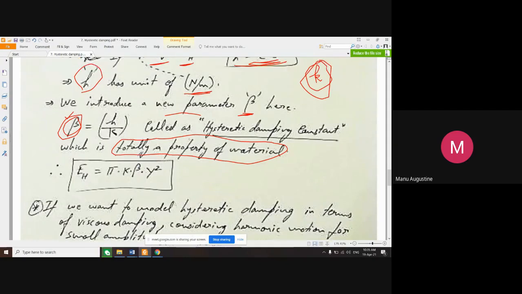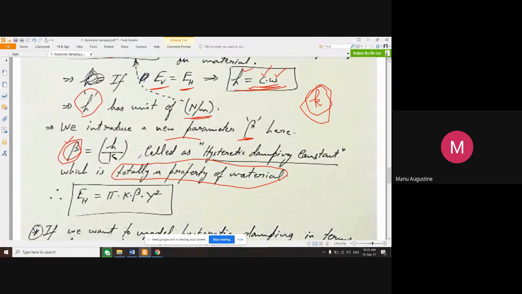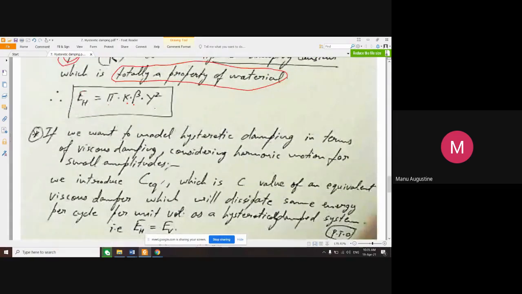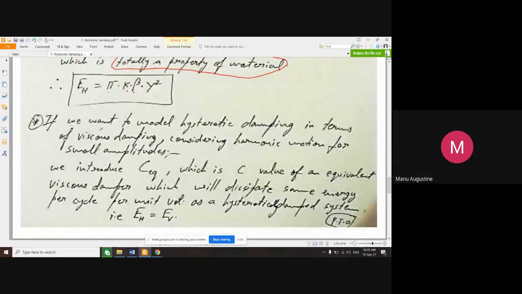Once again, I leave this logical extrapolation to you guys. आप पता कीजिए कि अगर एनर्जी इज पाई के बीटा वाई स्क्वायर, तो आपका बीटा डायमेंशनलेस क्यों है, ठीक है।